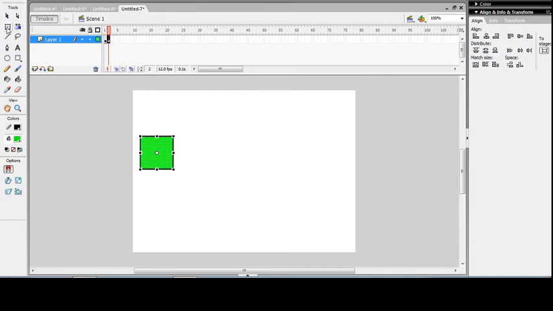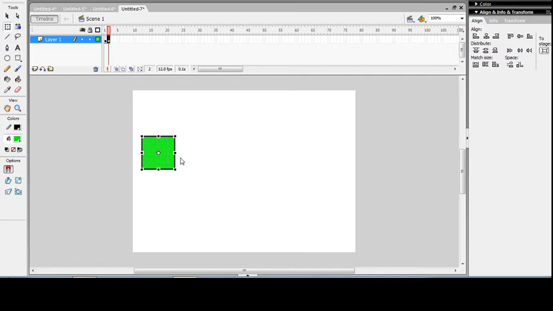So I'll select the transform tool, right, and using a navigation button from the keyboard I'll slightly change the position to the right side.